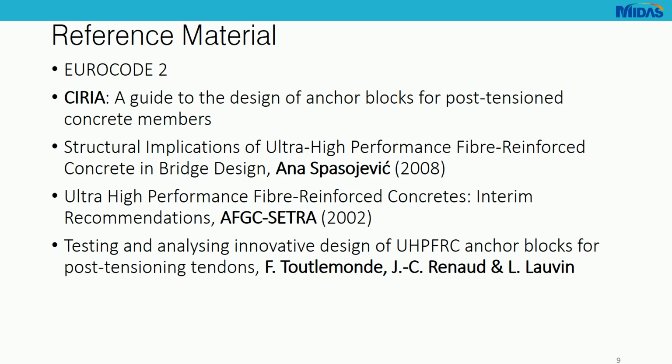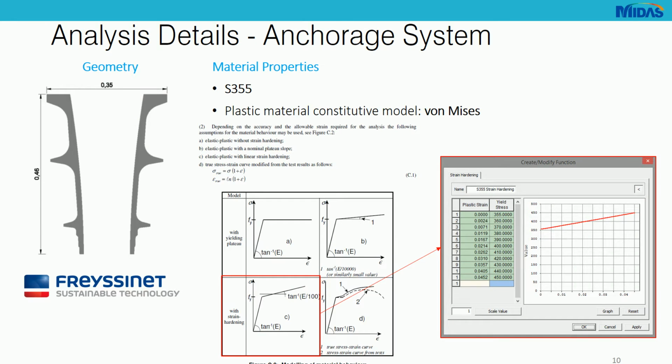So now let's look into analysis details. What anchorage system has been used. The geometry was provided by Freyssinet. You can see the general geometry here. This is similar to what was used for the Hammersmith Flyover in the phase 2